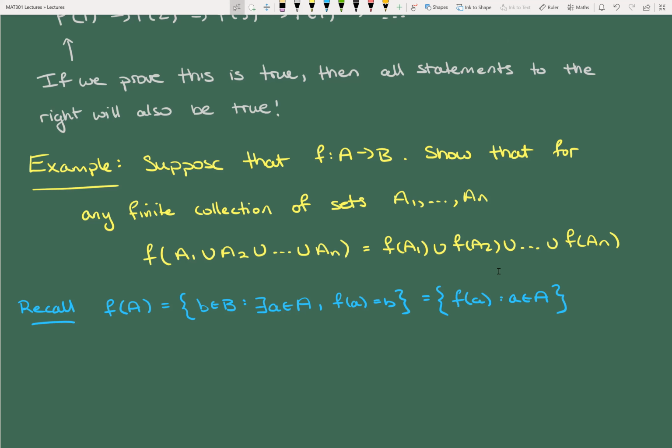I think probably some of you would have seen this in like 240 or 224 when we were doing things like direct sums, and we prove something on the direct sum, and then prove that it holds for an arbitrary number of direct sums. So we use this a lot. It's the sort of thing that you should probably go through once to convince yourself what the argument is. But once you've done it once, you can relegate it after that to, oh yes, clearly this should work, and I don't have to prove it again thereafter. That being said, of course, if it comes up on a test, you actually prove it.